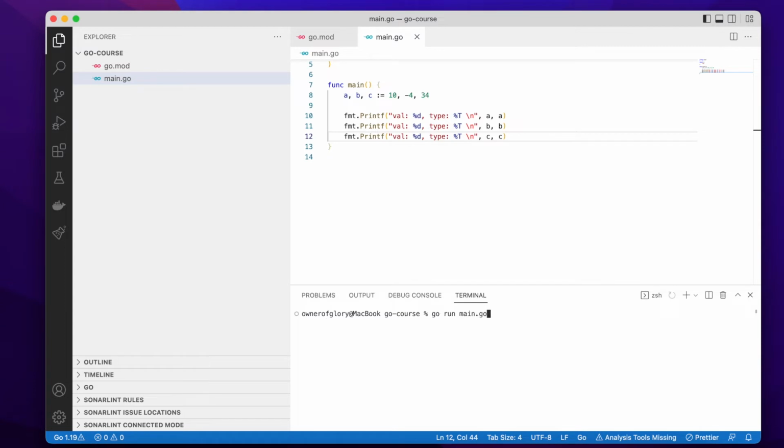So let's run this code and see what will happen. Yes, these variables were declared in this order, and they were assigned these values in the same order. Great. Another example I would like to show you is, for example,